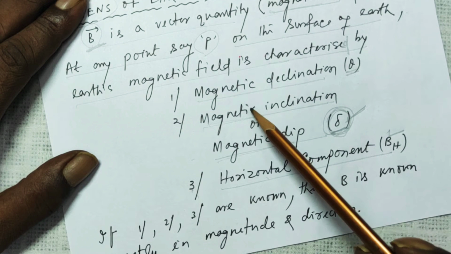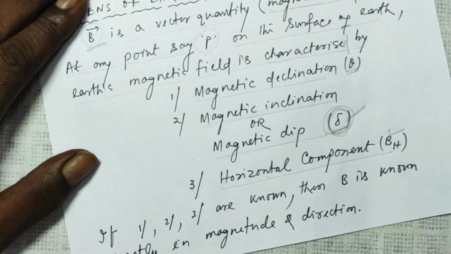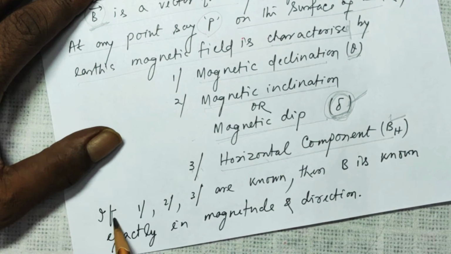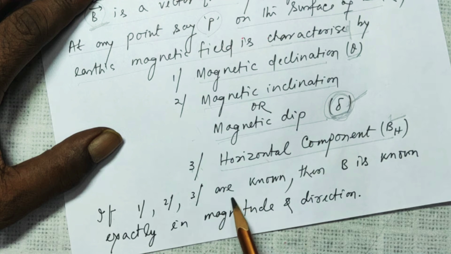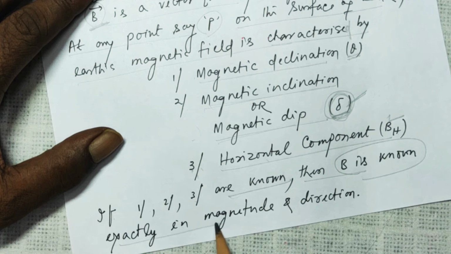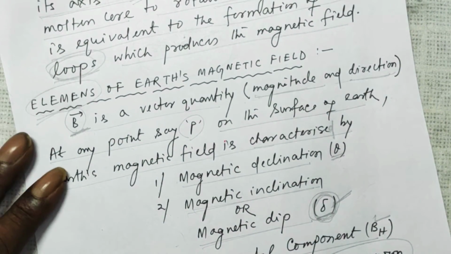And these three quantities have different values at different places on the surface of the Earth. And if these three are known, then B is known exactly in magnitude and direction at that particular place. Now let us